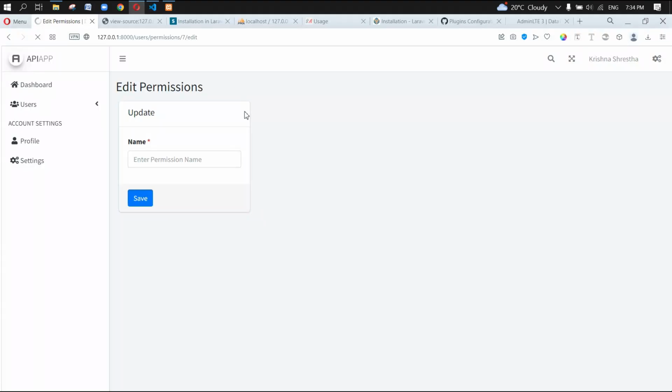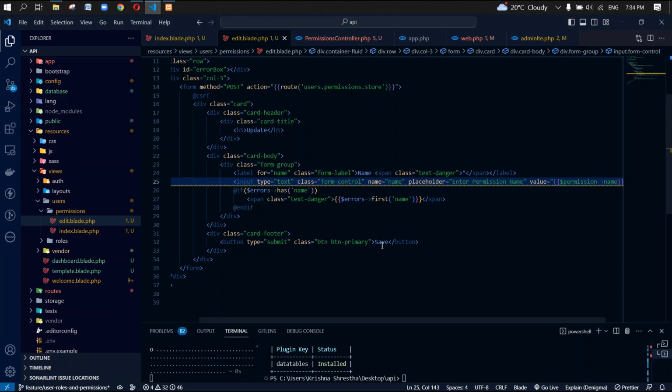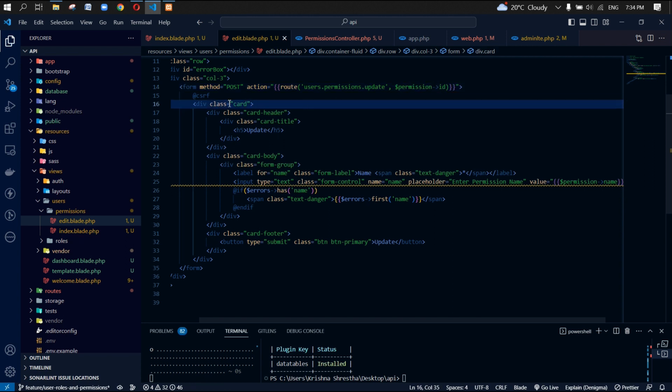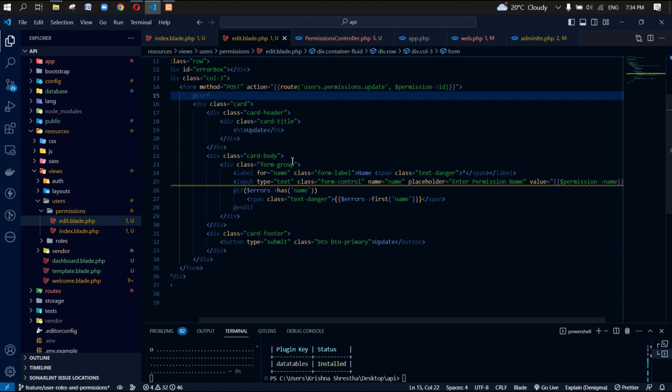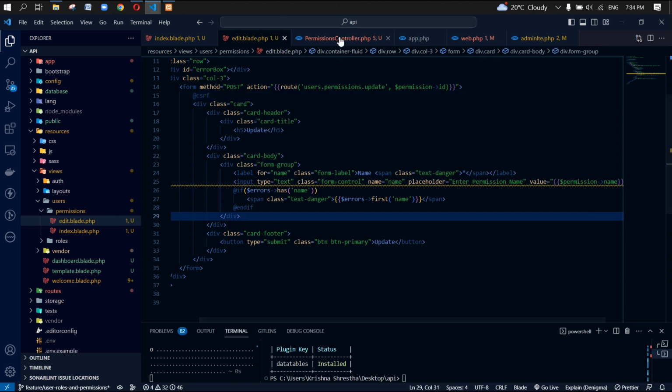Let's refresh. There you go, we get the name. Now here we are going to change the button label to update, and we are passing the update function with the ID from permission arrow ID, and let's check if this is working,